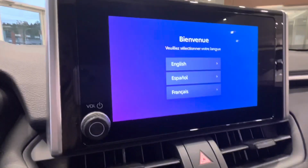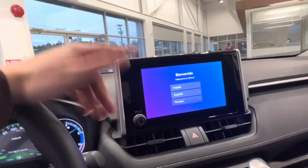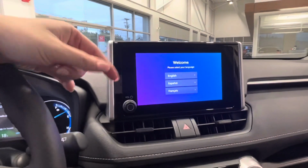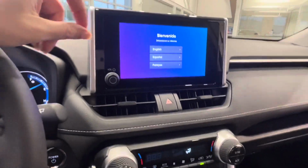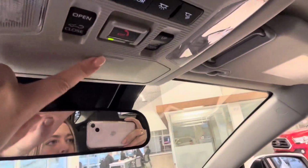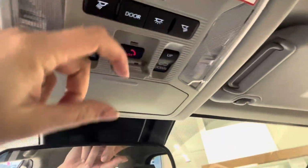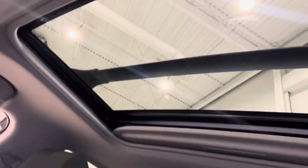Like I mentioned earlier, you have wireless Apple CarPlay and Android Auto. So once this is connected, it is very compatible with your phone for maps and your contacts and your music, and a lot more convenient than having wires everywhere. Up here we have your rear view mirror and your sunglasses holder, as well as your SOS system where you can call fire truck, ambulance, police, and it has stolen vehicle locator. And up top you've got your sunroof, so you can see those crossbars through there,